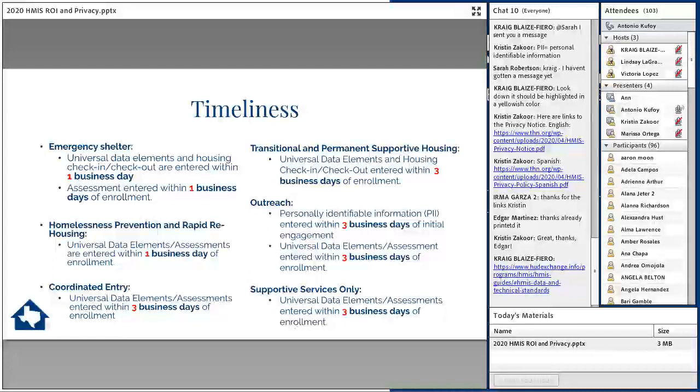So if for some reason entering data directly into HMIS isn't possible, it's really important that if you are doing paper surveys, to make sure that you have all the questions from the HMIS workflow. A lot of the times, people will find intake forms and they'll think it's generic enough to work for HMIS, but then whenever they go in to do the back data entry, they'll realize that they don't quite match up and they have a lot of missing data.